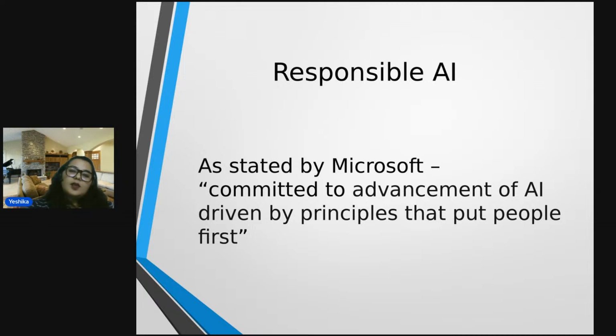Okay, responsible AI. When we say responsible AI, how is Microsoft handling it? As stated in one of the Microsoft documentation, it is committed to the advancement of AI driven by principles that put people first. So it is providing you the elemental support, the code of ethics, transparency, data protection, all the elemental resources that you require to make your data simple and protected from the entire attack surfaces that might occur.